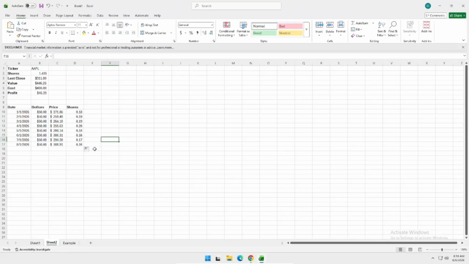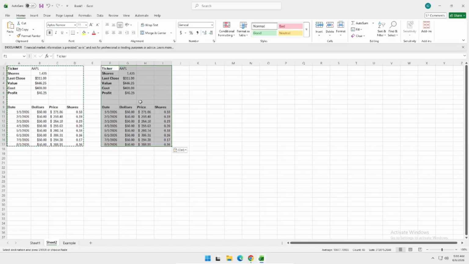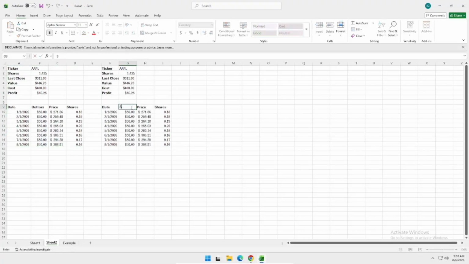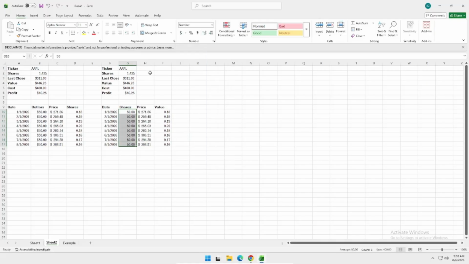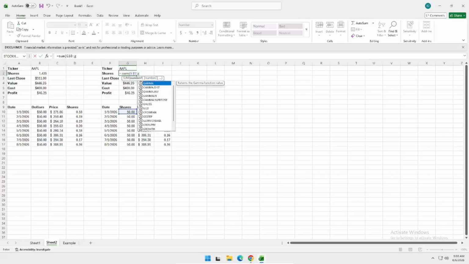Alright, so how can we do a similar thing? How can we calculate how much money we would have made if we were just putting in the number of shares that we would have bought? So this is pretty similar. Change this to shares, and this will be value. So the total number of shares, let me format this as a number. The total number of shares would equal the sum of G10 to G999,